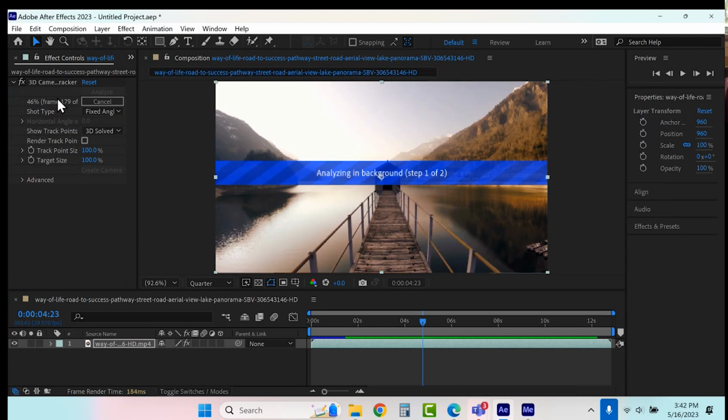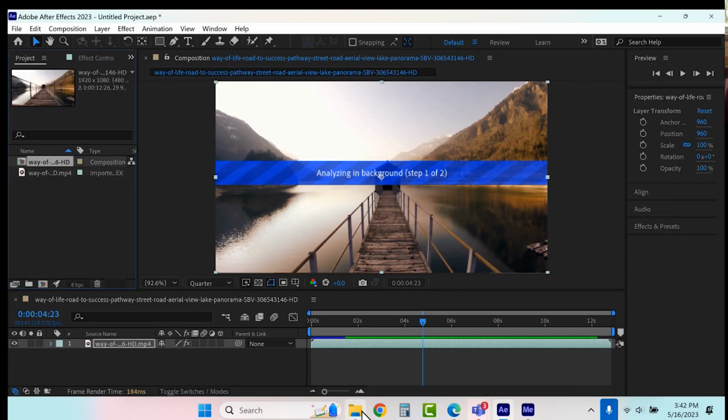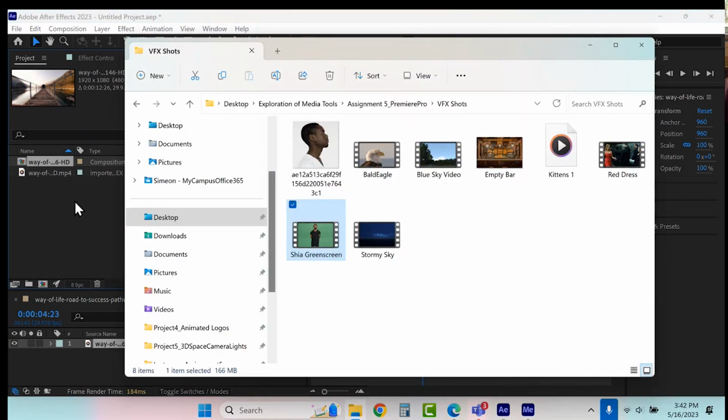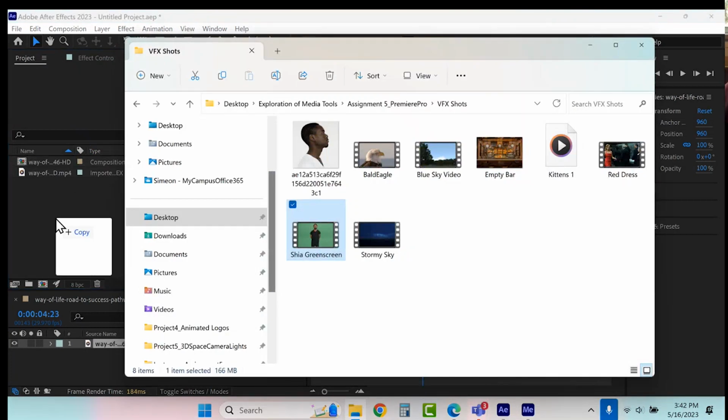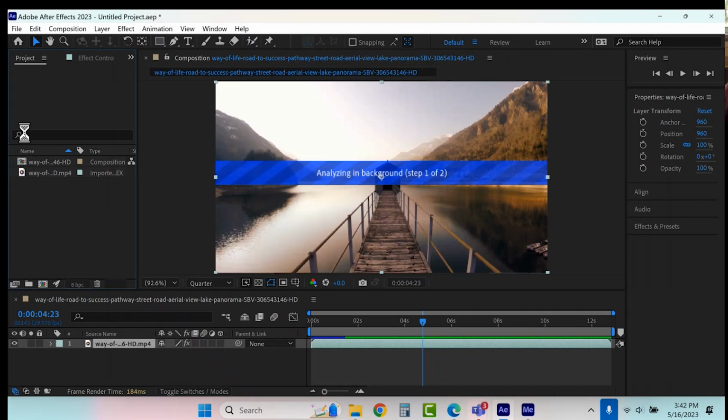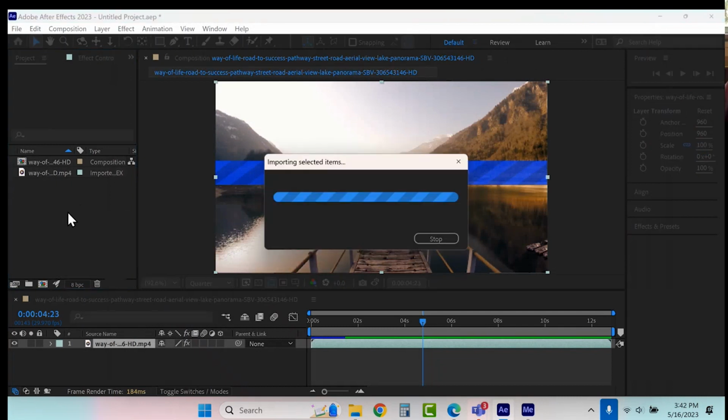It's still analyzing, 46% of that track. So I'm just going to switch to this. But this again is part of that process I was mentioning before, that if you need to do trimming and cropping, it's almost better to do it separately and then bring it in.